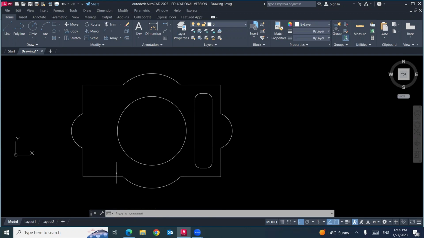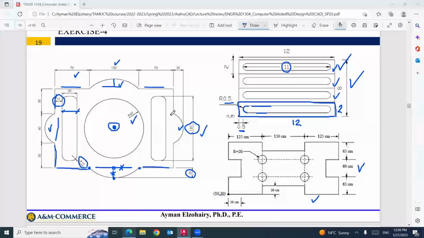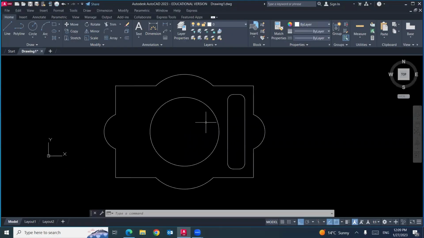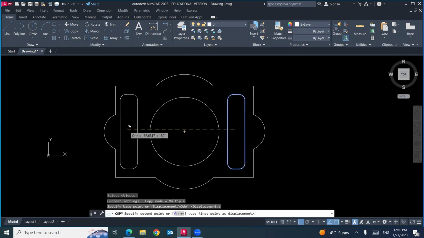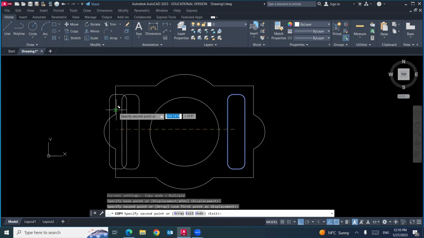How can I do this? We can make a copy on the other side, but we need to make sure it will be located at the required position. So copy this rectangle. We can put it here at any location.